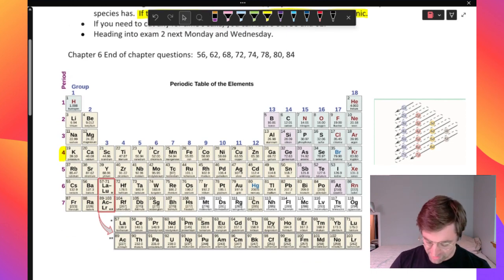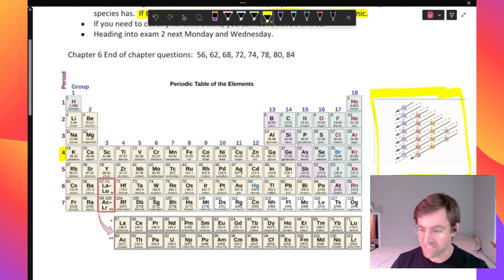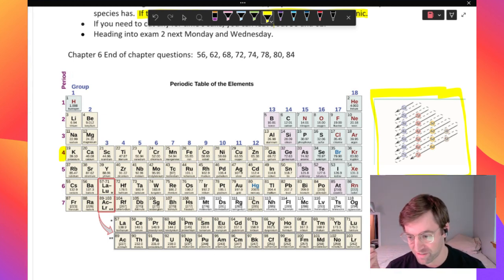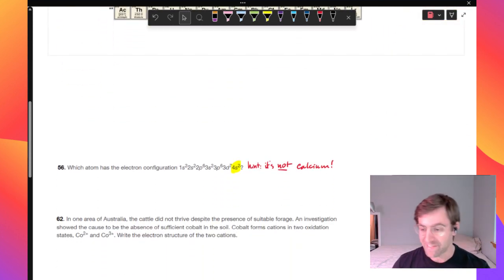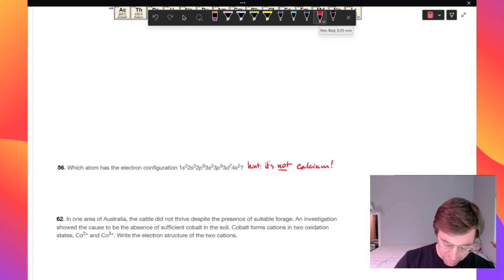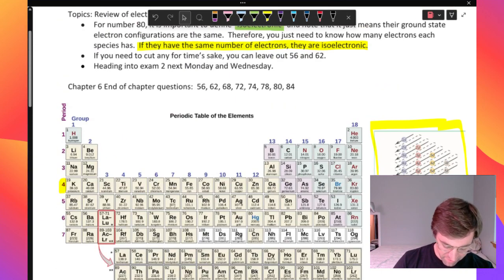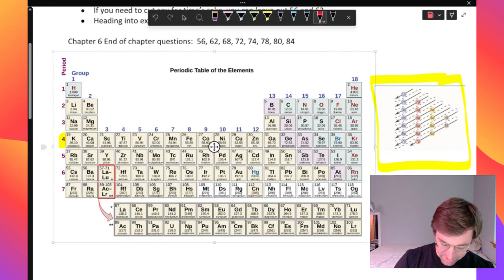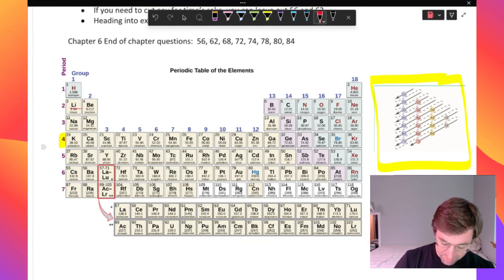I'm going to make sure you can see this. So remember this flow here. The way that this electron configuration is written in the problem is incorrect. We would normally go 1s2, 2s2, 2p6, 3s2, 3p6. We would not go straight into 3d. We would go to 4s2 first, and then back to 3d7. Let me say that again. So 1s2, 2s2, 2p6, 3s2, 3p6, 4s2,